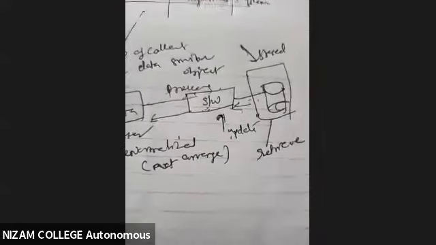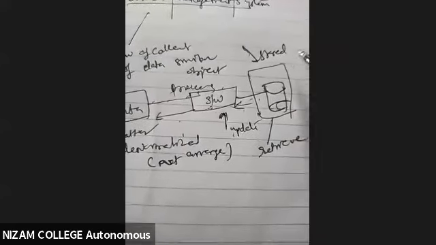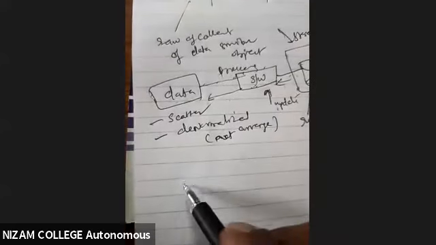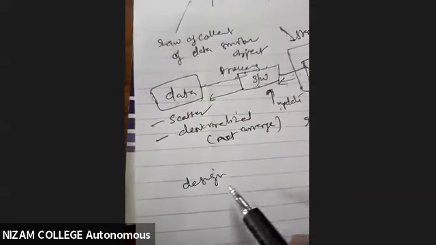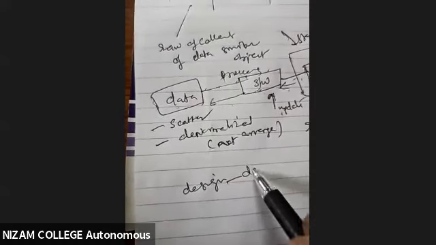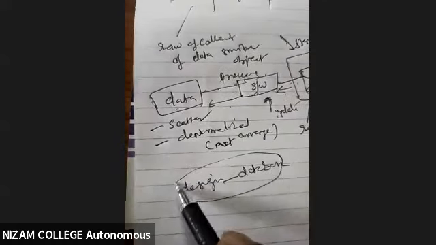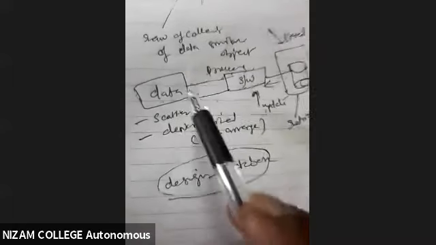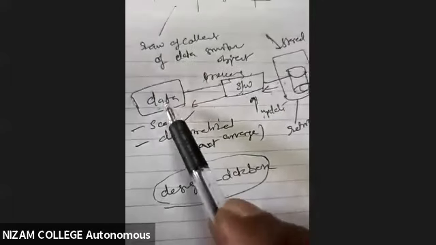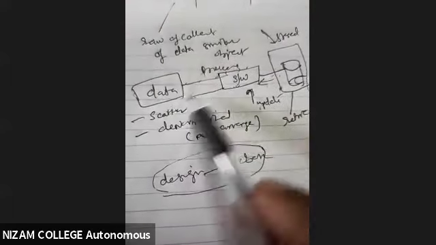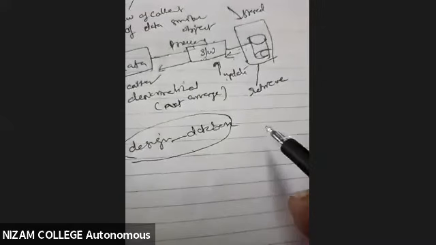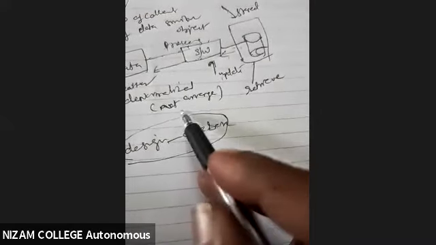When such things happen, we need a design. Design for what? A database. When I'm designing the database, how should it be, what is the object? First of all, I have to identify the data. Once I identify the data, I have to process it. The scattered data should be arranged, so in order to arrange it, first I have to find the object.